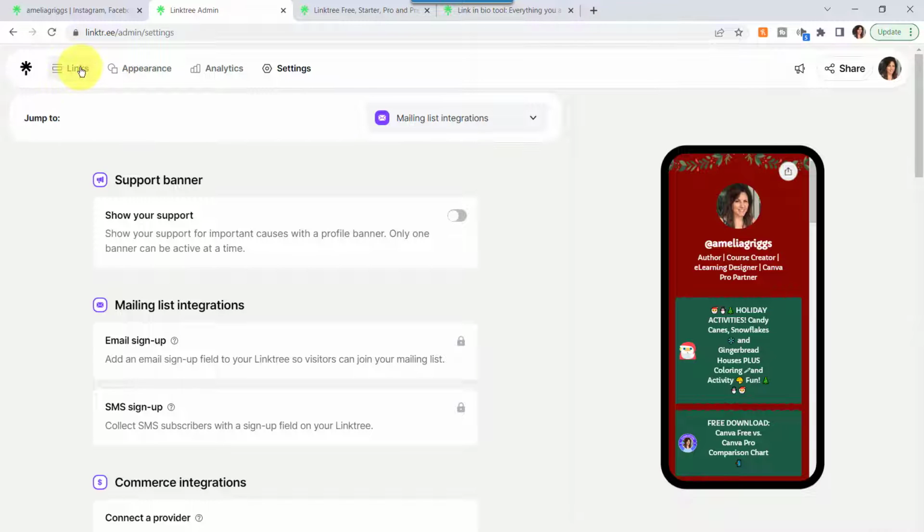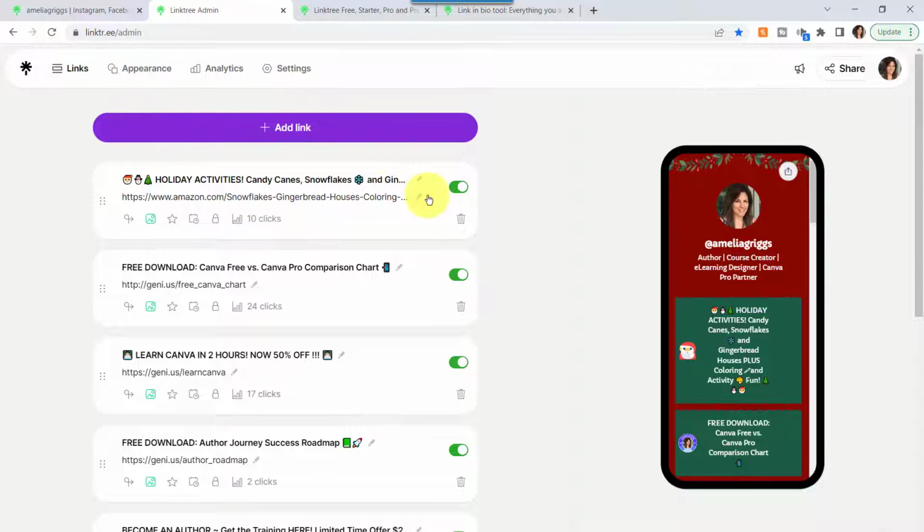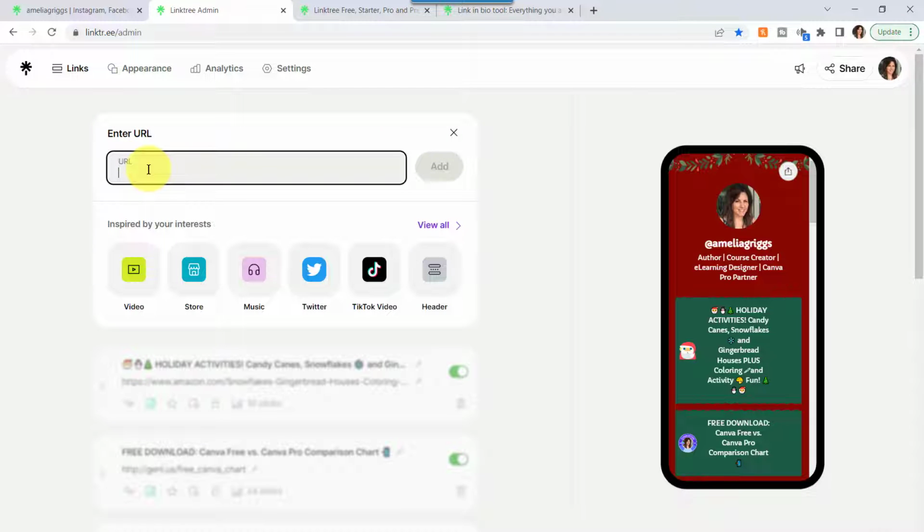So first, let's take a look at the links, which are very easy to set up. And the one thing that I would say was, to me, it's easier to set up on the laptop because you're able to maybe copy paste links and other information, maybe grab images from your computer that you might not have on your phone. But in the beginning, when I first set it up, I used my phone to take advantage of the emojis, but you can get to the emojis on your laptop as well, and I'll show you a trick there. So anyway, for the links, you just click Add a Link and put in your URL,